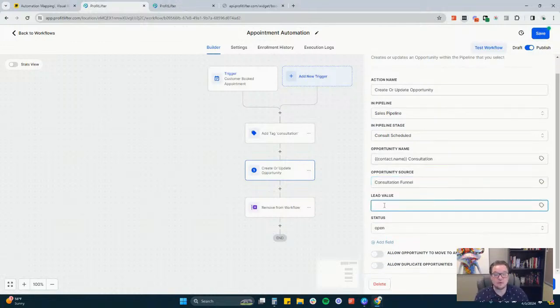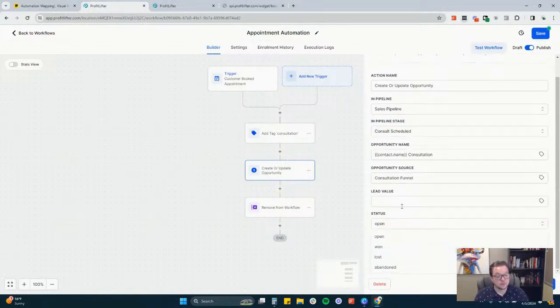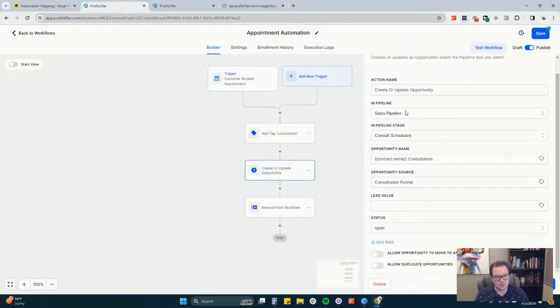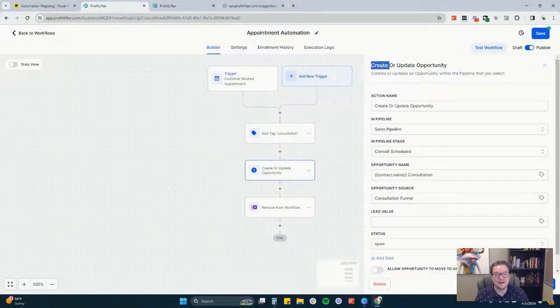And lead value: this is going to let you tell your pipeline how much this lead is worth. So let's say you get in here and you say, this is going to be $97, I'm going to sell them a $97 product, and so you put your lead value in there. And then status is going to be whether it's open, won, lost, or abandoned. The reason this bottom section with the status is so important, as well as the pipeline stage, is you notice that this is create or update an opportunity. Meaning that if you've got somebody who's already in your sales pipeline and you want to automatically move them over,